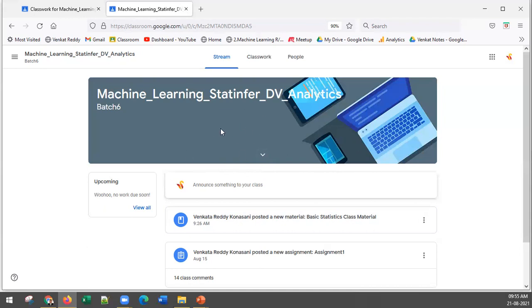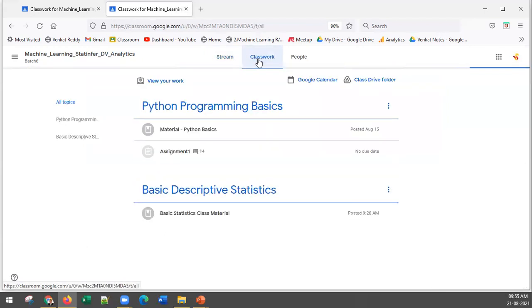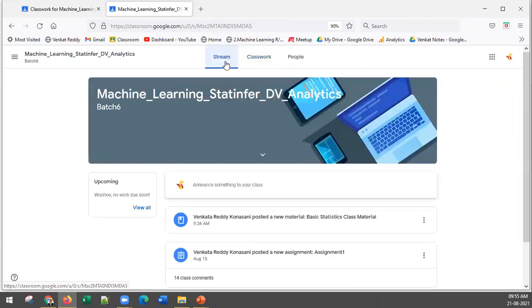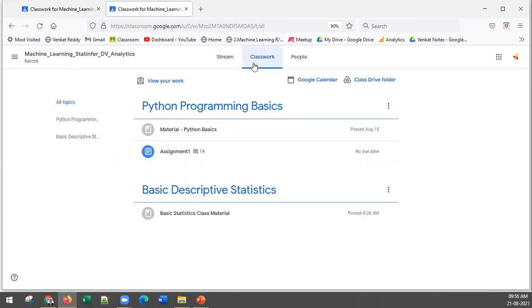Once you are in here, all of you look at this. By default, Google Classroom will land you in stream. What you need to do is you have to click on classwork. Always click on classwork. Once again, by default, you will land on stream. Always click on classwork. Can you please confirm that to me?